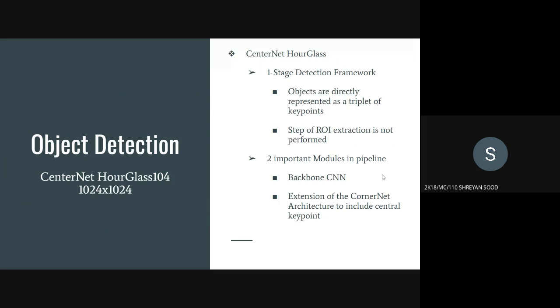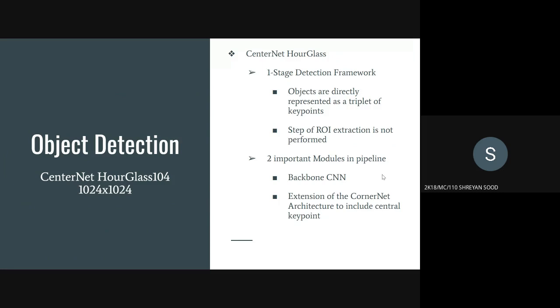So second and a more important module was the extension of the CornerNet architecture. The CornerNet architecture module is actually the base algorithm for CenterNet, and the CornerNet module is used to detect two corner points of the bounding box through a special pooling operation known as cascade corner pooling. So making predictions based on only these two corner key points has a major flaw, since even though the algorithm is sensitive to the boundaries of the object, it is not aware of which pairs of key points should be grouped into these objects. So consequently, it often generates some incorrect bounding boxes.